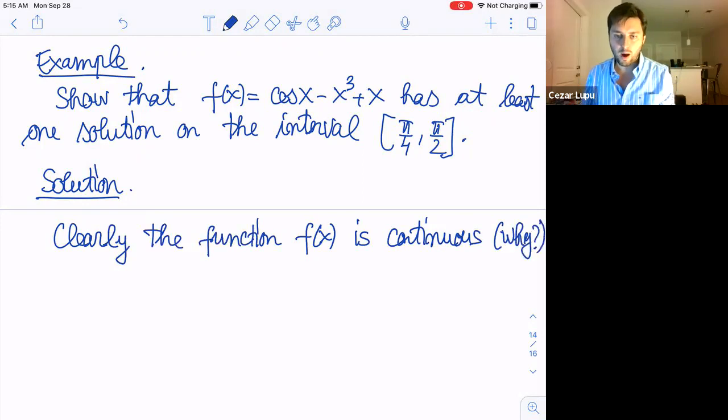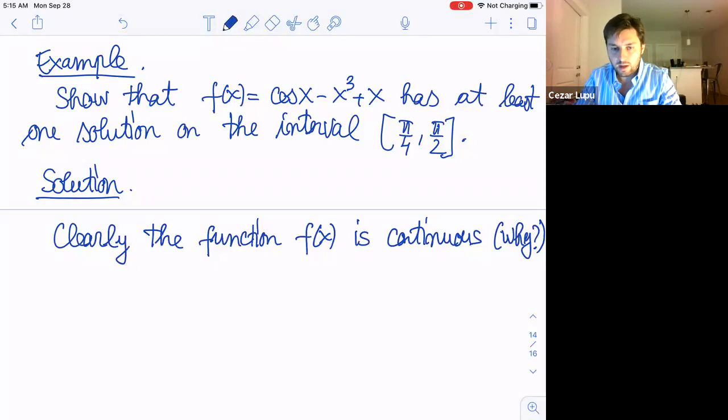Just like I said, cosine is continuous, x cubed is continuous, x is continuous. We have operations with continuous functions, which will give you a continuous function. We have said this based on everything we have just said. All right. So f is a continuous function,